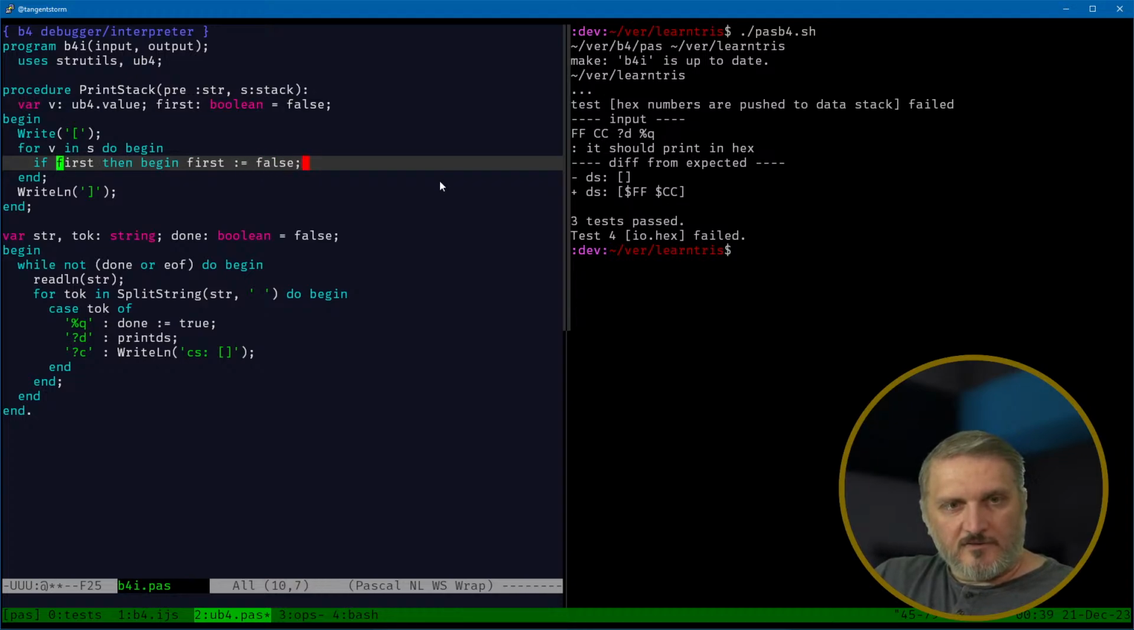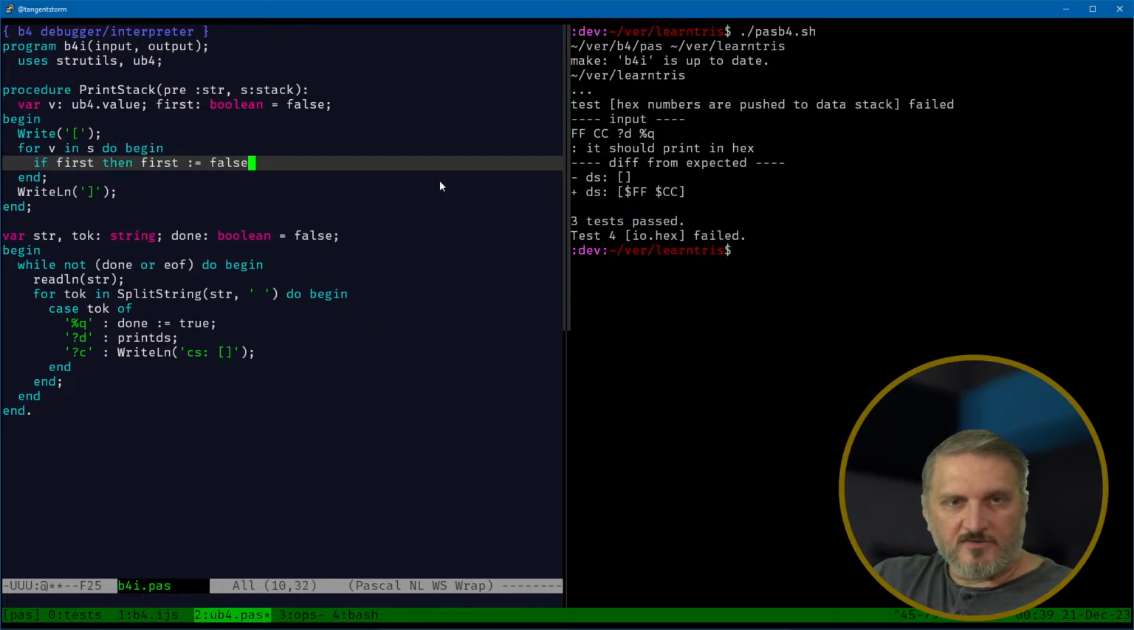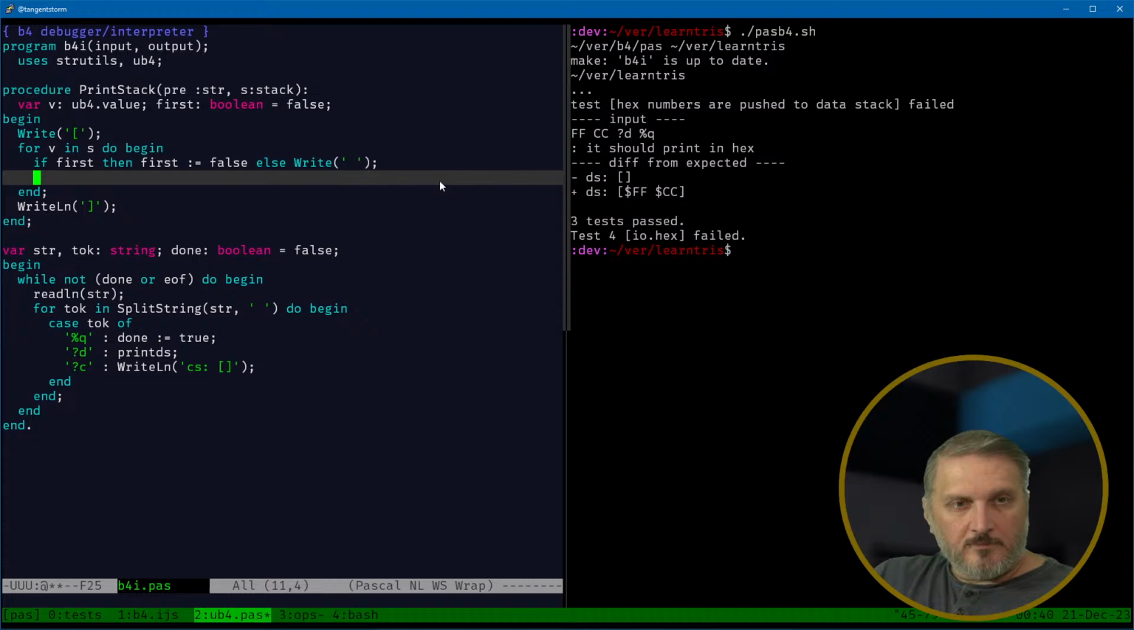No, wait, if not first, if first, then first equals false. Yeah, if not first, oh, no, we say else. First equals false, else write, and we're going to write a space. And then